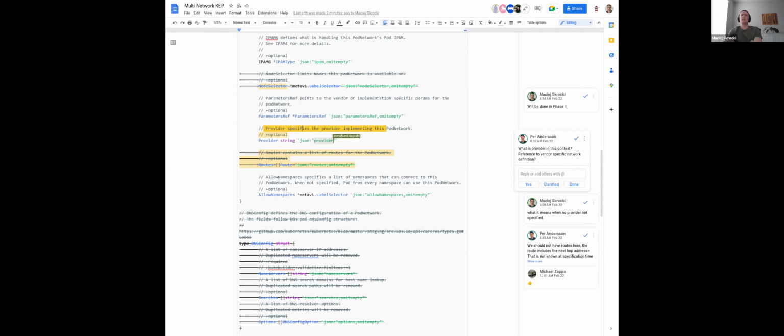Basically, I can have 5 implementers of pod networking in my cluster, if they are interoperable, so they don't bite each other and can coexist in a single cluster. I want the ability to identify that this pod network is going to be handled by the foo provider, and this pod network is going to be provided by the bar provider. Is that clearer? Or should we just not allow this?